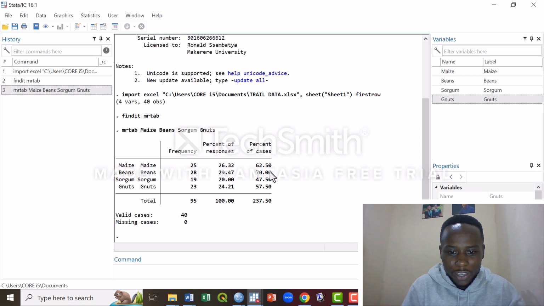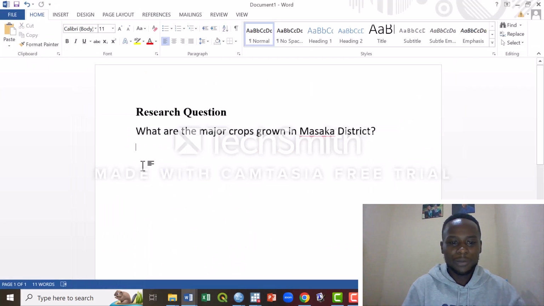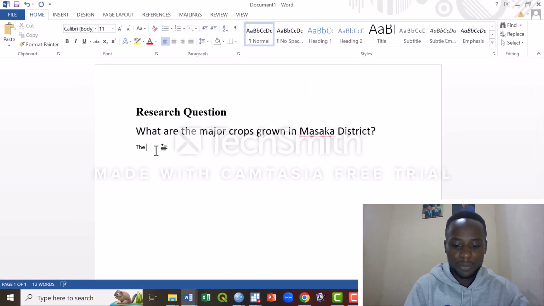You can see it is 70.00%. So if I'm choosing one of the major crops, I would comfortably say the major crop grown is beans. Then I can attach the percentage, which is